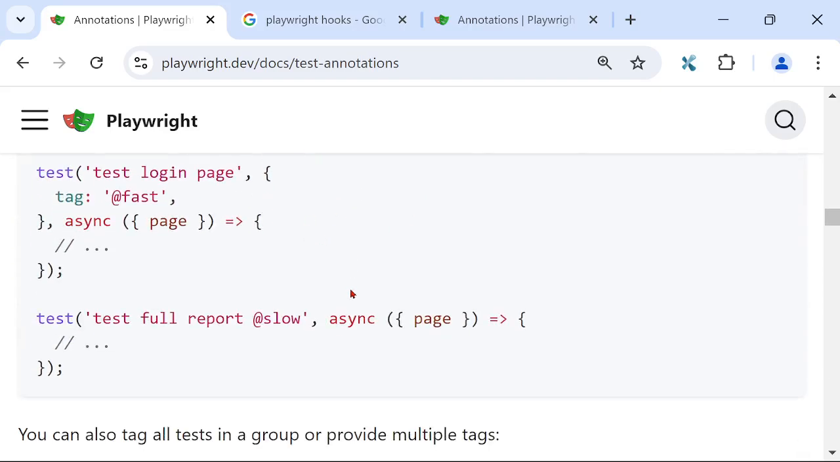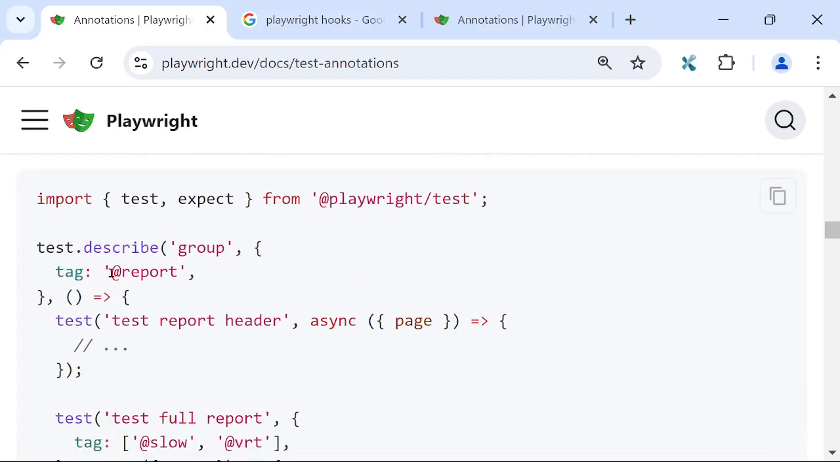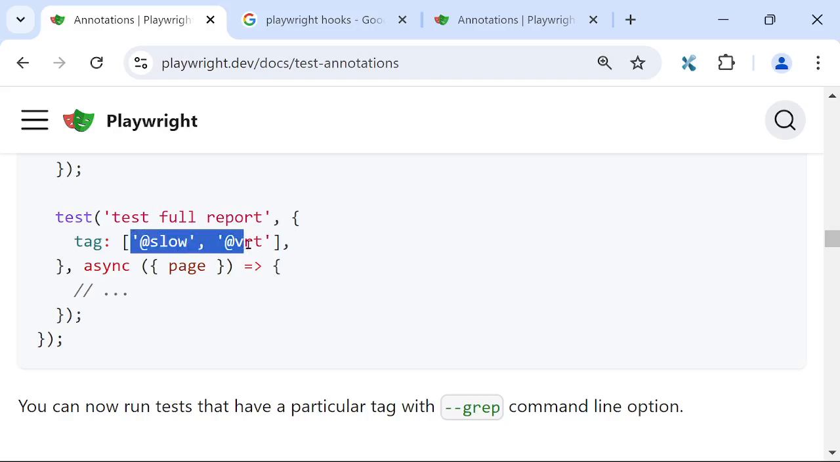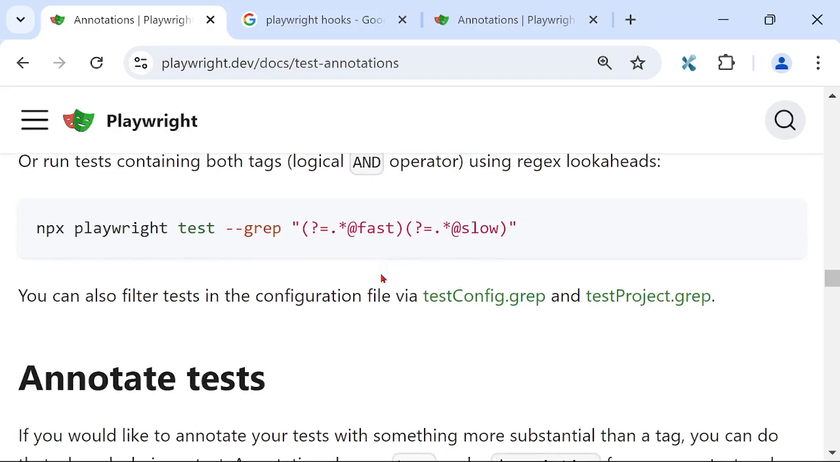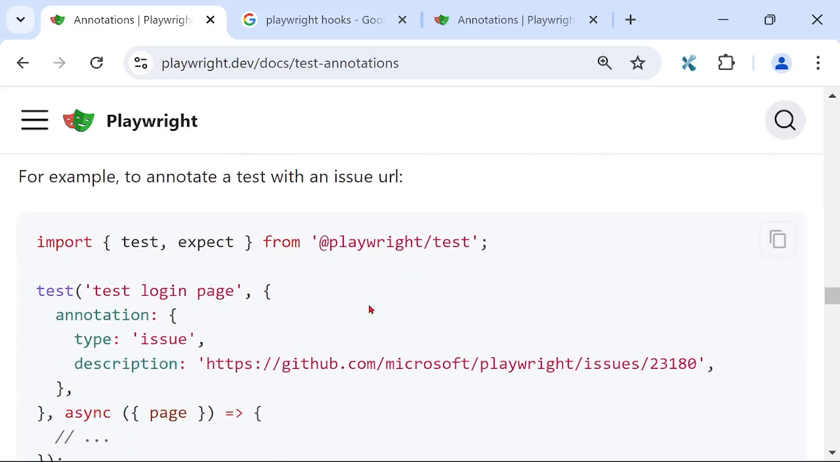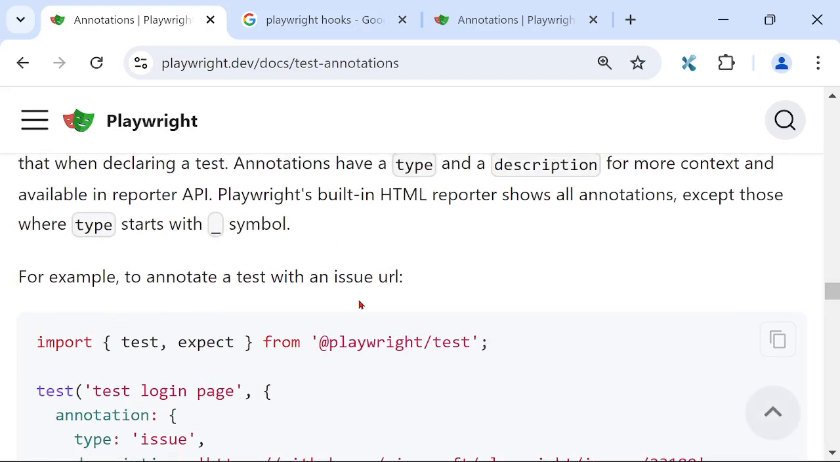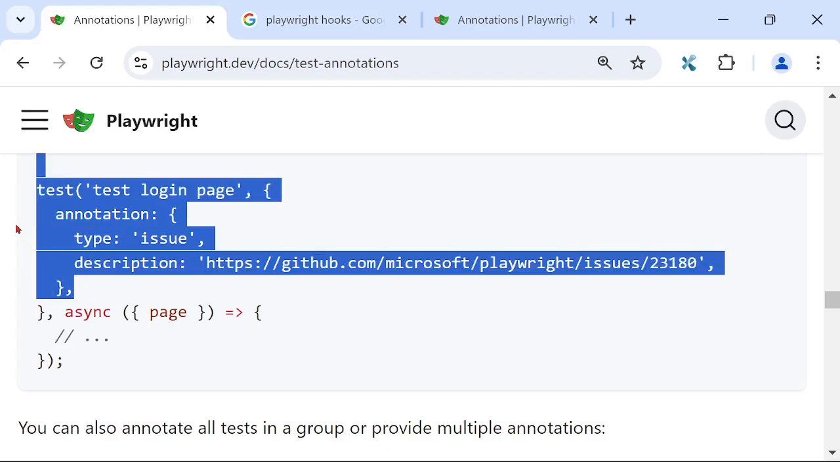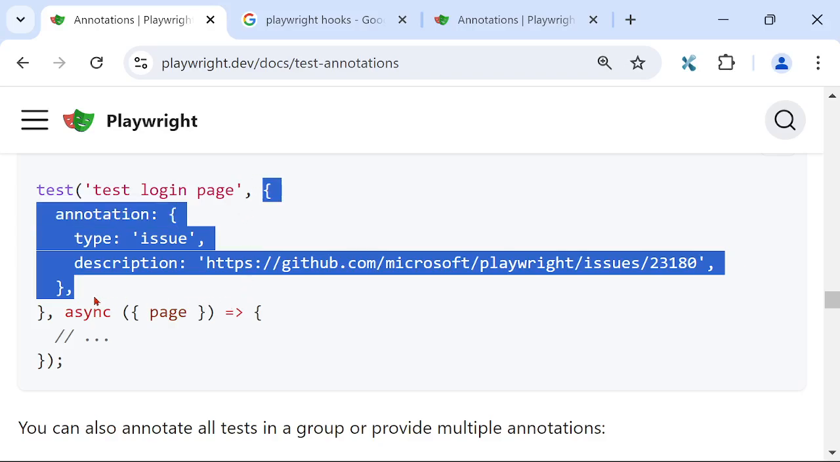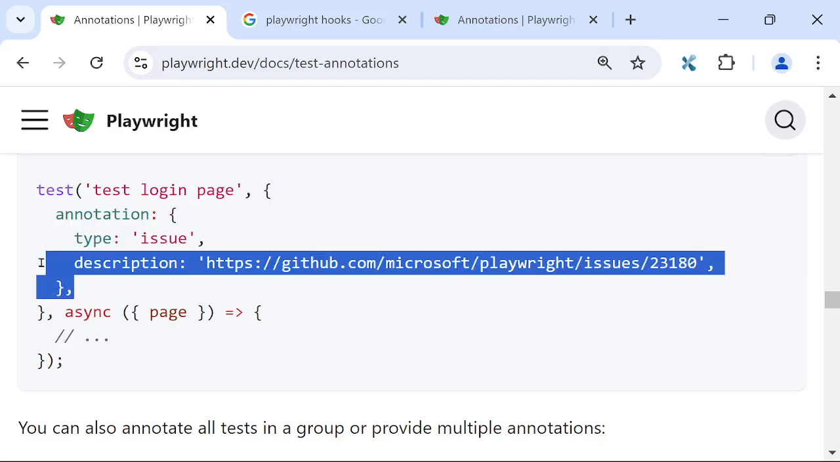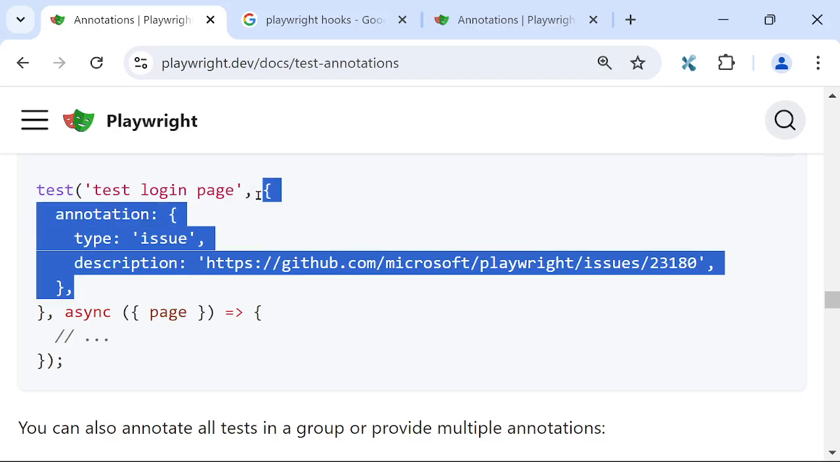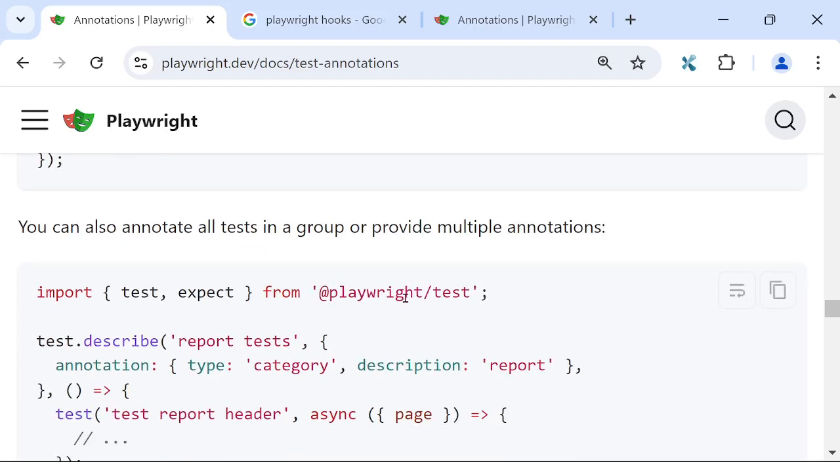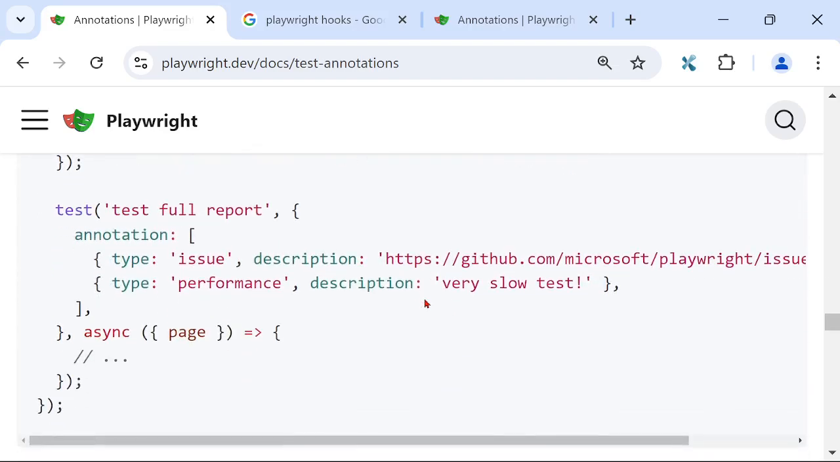Tag tests we covered. It could be fast, it could be slow, it could be to add report, and so on. Annotate tests. Annotation tests, it means to add a description. You can simply copy this annotation. This is the one, and place it inside your test after your test name and before async. Simply copy it and place it. And now we are left to describe